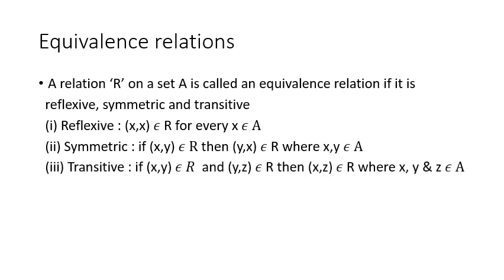Transitive. If ordered pair (x, y) is an element of R and (y, z) is an element of R, then (x, z) is an element of R. That is, if ordered pairs (1, 2) and (2, 3) belong to R, then we should be able to find out the ordered pair (1, 3) in the relation set R. So a relation together with reflexive, symmetric and transitive is known as an equivalence relation.